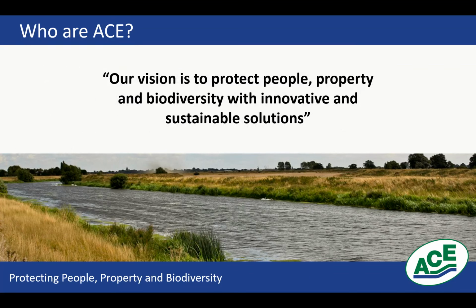Our vision is very clear. We want to protect people, property, agriculture, everything that the flood defences protect. However, we really don't want it to be damaging our ecosystems, and therefore we like to offer that ecosystem solution as well as providing the flood defence. So really, you don't have to compromise. You don't have to choose between the two. We have some amazing compromises and solutions to ensure good fish passage whilst being able to regulate and control your